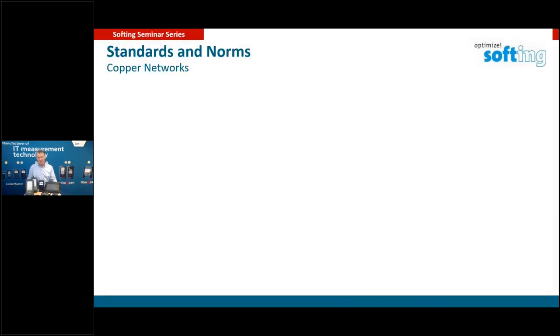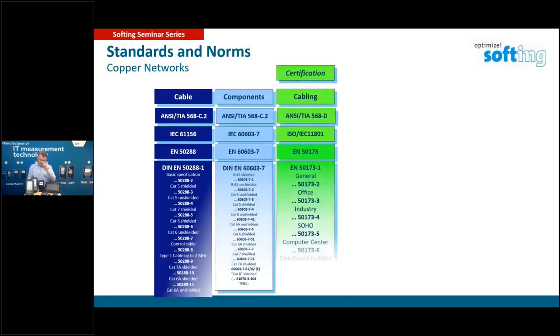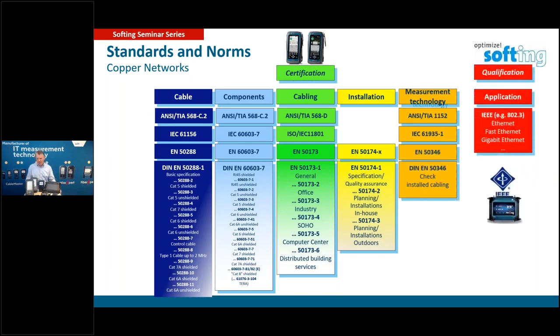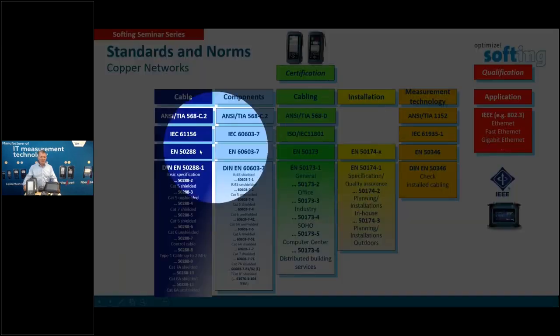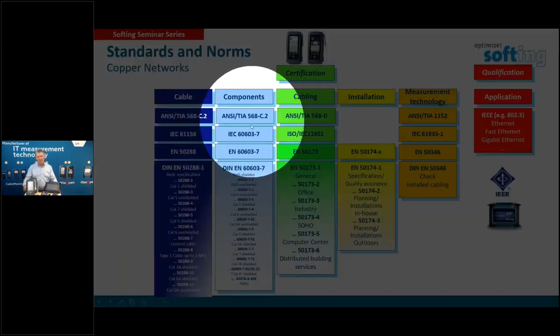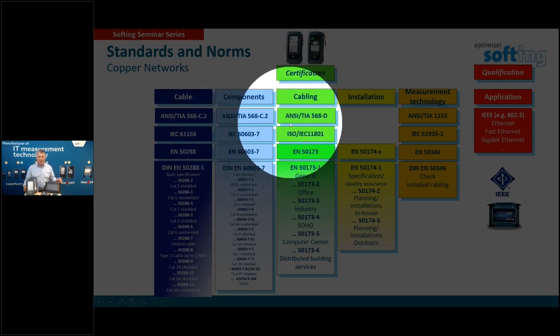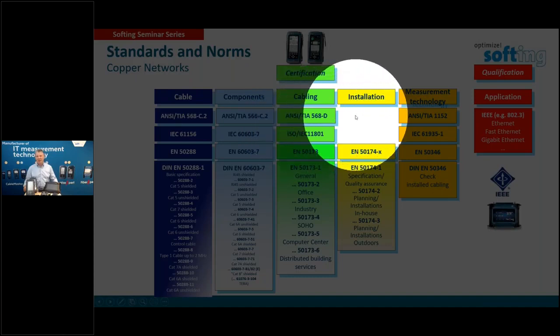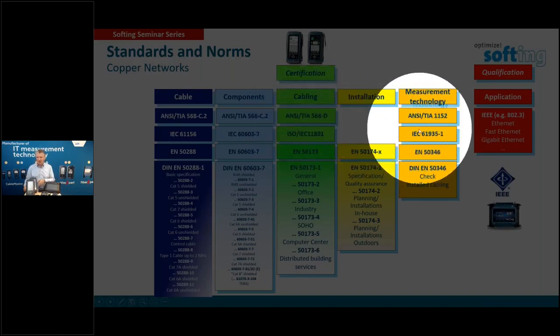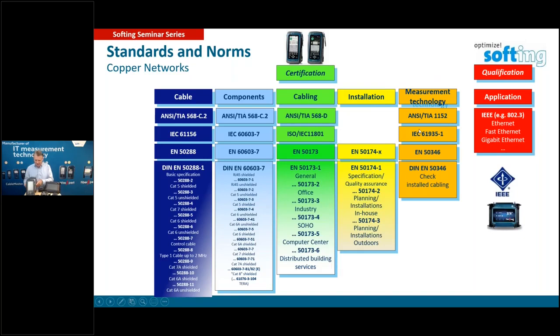So what happened with the certification? Certification means we have a measurement, which is here the, I'm sorry for that, the Wire Expert series. It's measuring against standards, and we have a lot of standards available. We have cable standards, we have standards for components, so for patch panels or data sockets. We have cabling standards, we have standards for the installation and measurement technology, so that means the accuracy, as an example